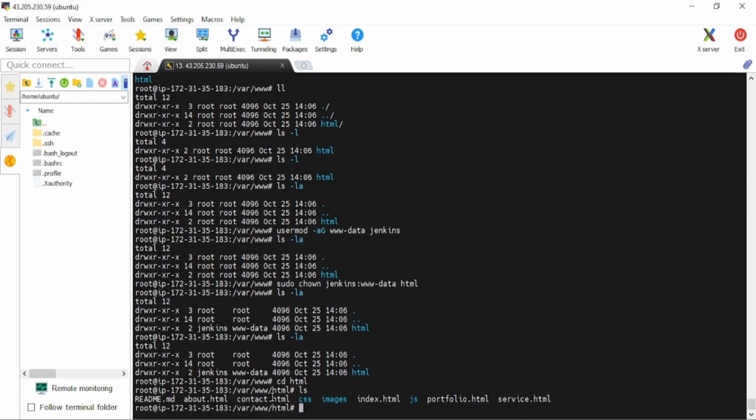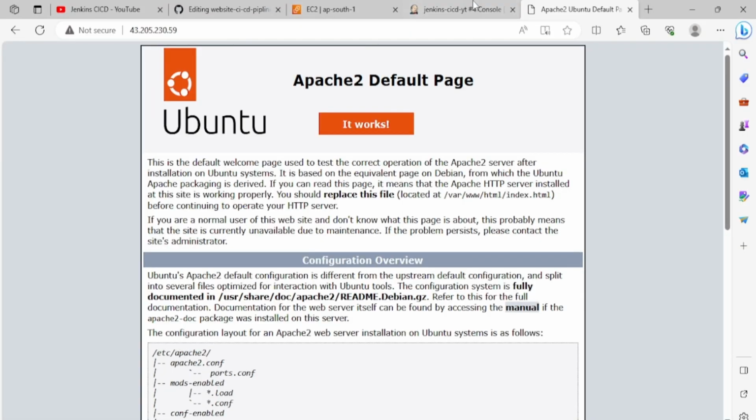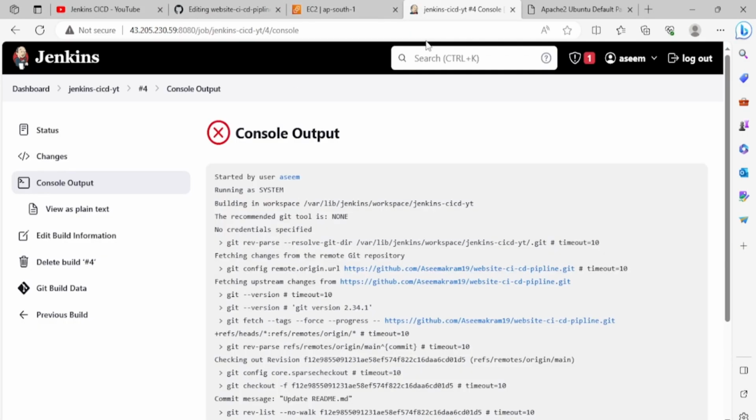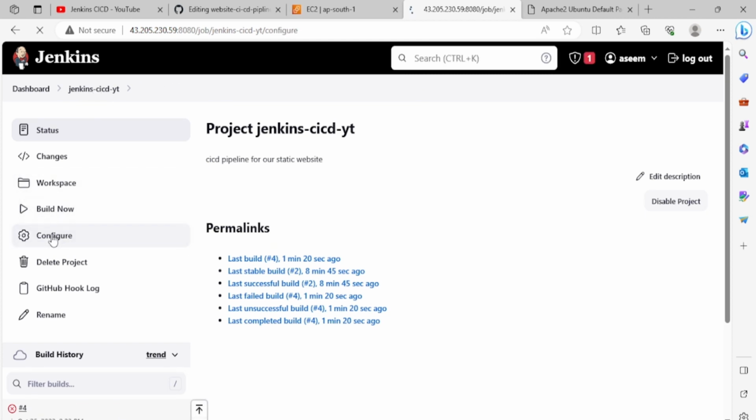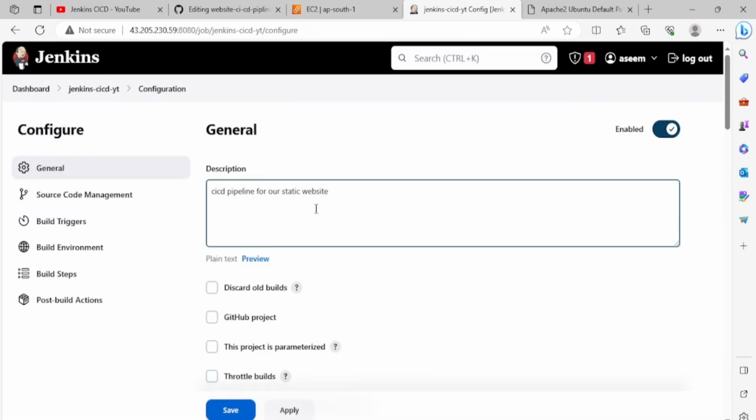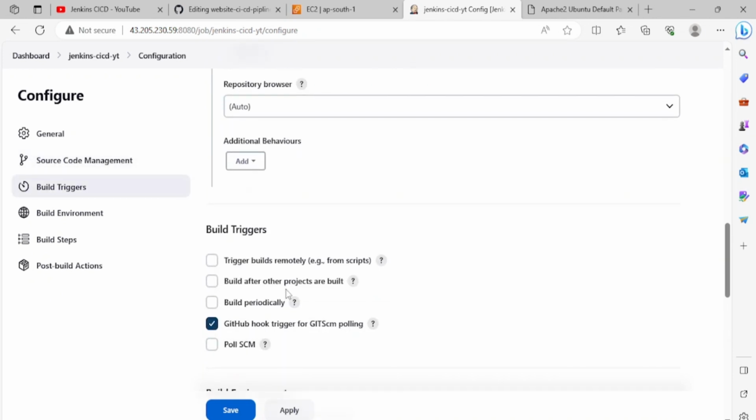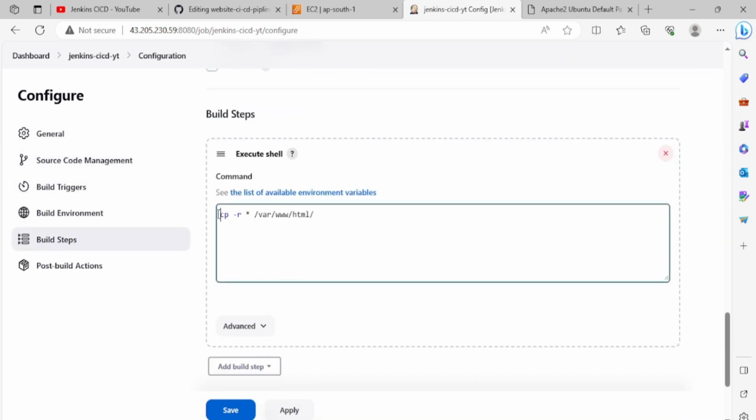So it's saying that I have copied all the content from the workspace, but the problem is that we already have one more index.html. That's the reason it's not getting copied. So we will add some additional shell commands here. I'll go here and click on configure. Before that, we will add a shell command to delete the HTML file. Okay, so rm